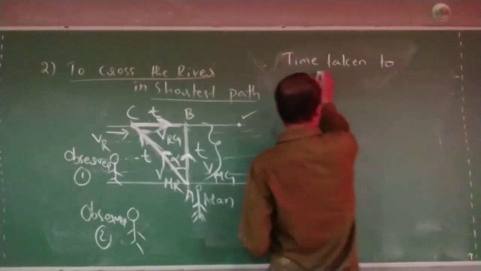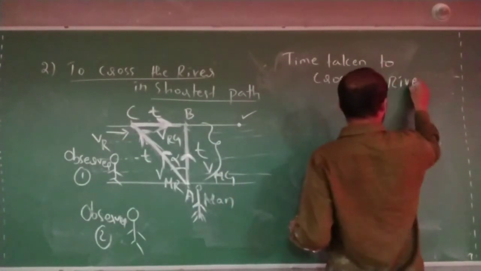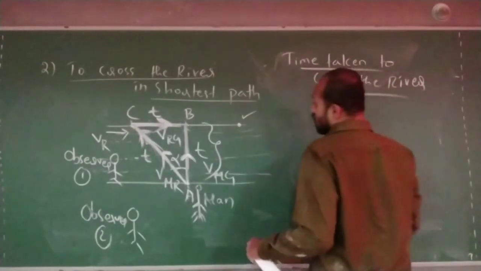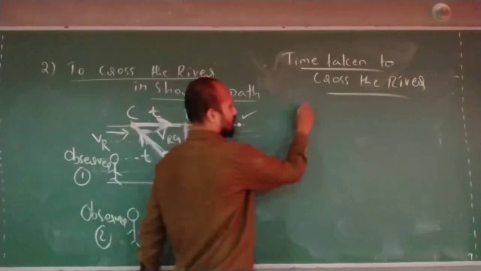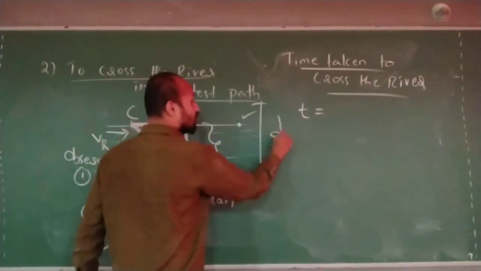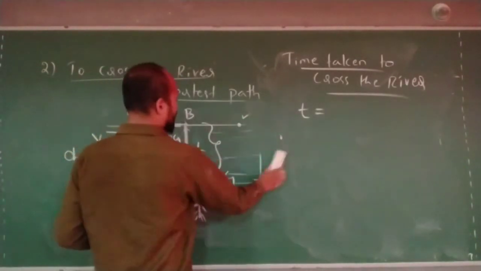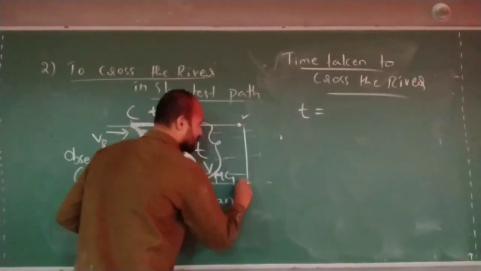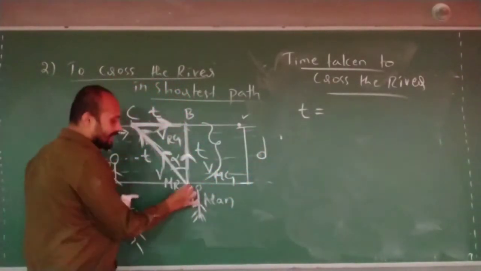Time taken to cross the river for a shortest path. What is the time taken to cross this river? It will be T is equal to, what is this distance? If I take the width of the river as D, this is the width of the river,